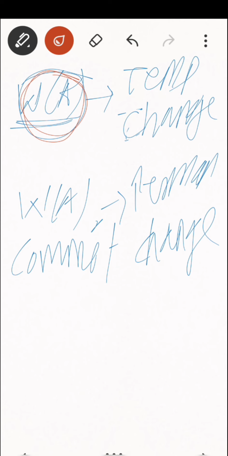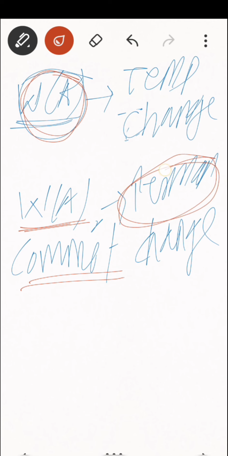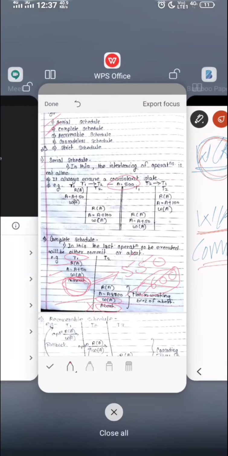And whenever I update the value and after that the transaction gets committed, then whatever updation has been done will be permanent. It will not change unless we change it externally by using some other transaction or some other operation. Getting it? So that is the meaning of commit and abort.